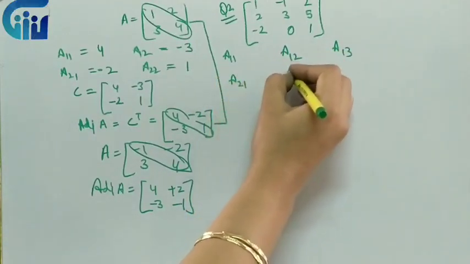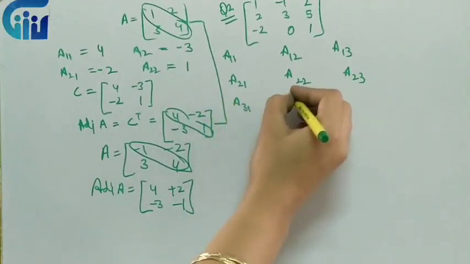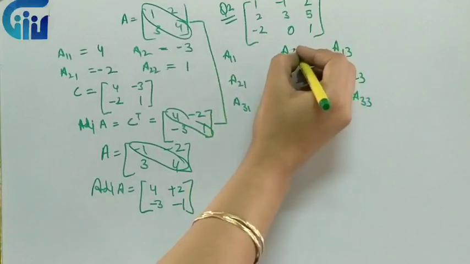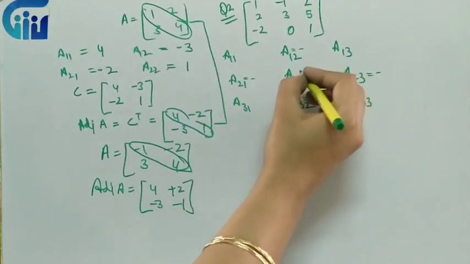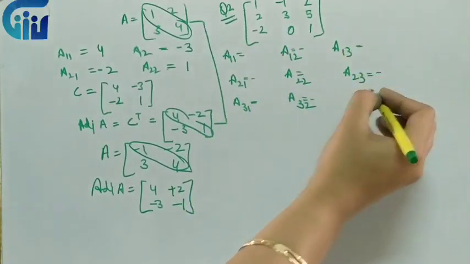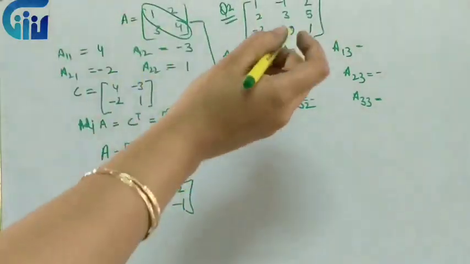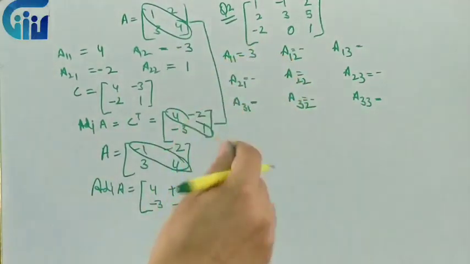And we will keep in mind their signs also. So let's quickly finish writing the cofactors. These 4 places are negative. First of all, put the negative sign over there so that you will not make any error. Now let's find A11. A11 means I'll cover it like this. Cross multiply: 1 into 3, 3. 0 into 5 is 0. So the answer is 3 over here.